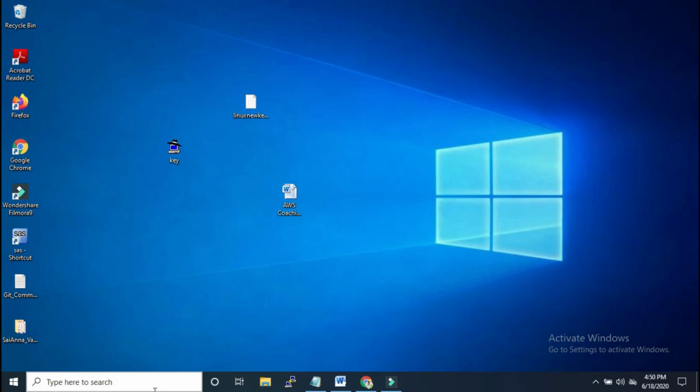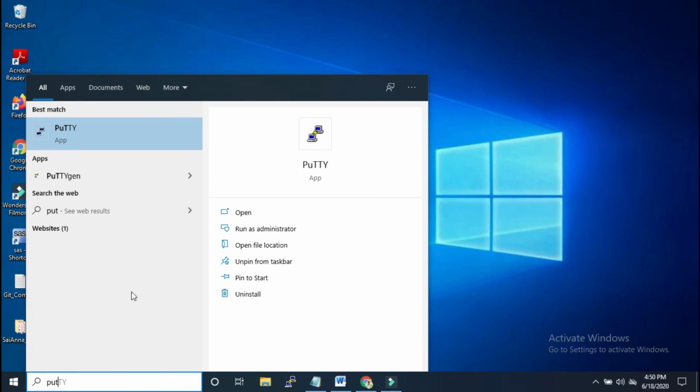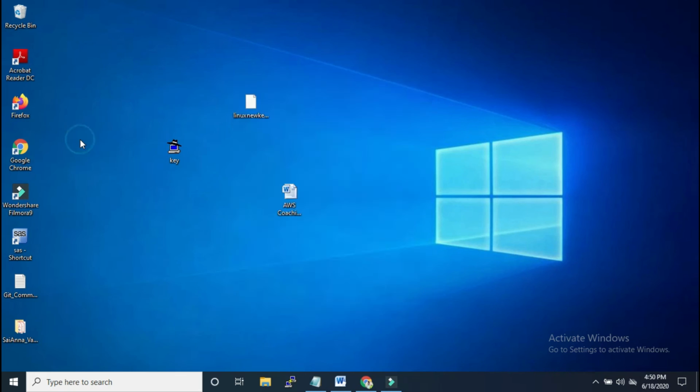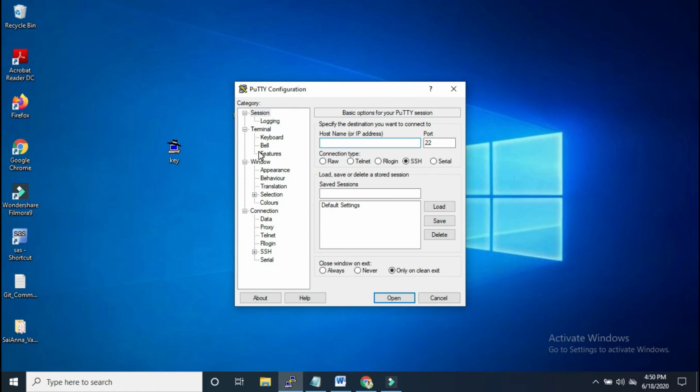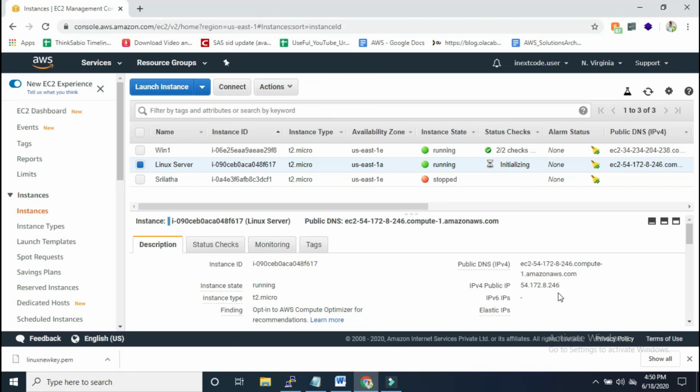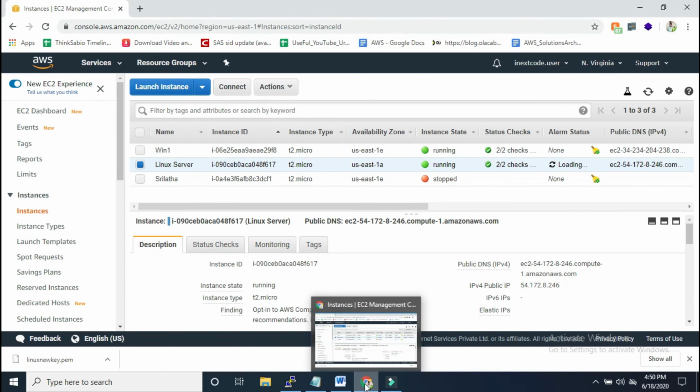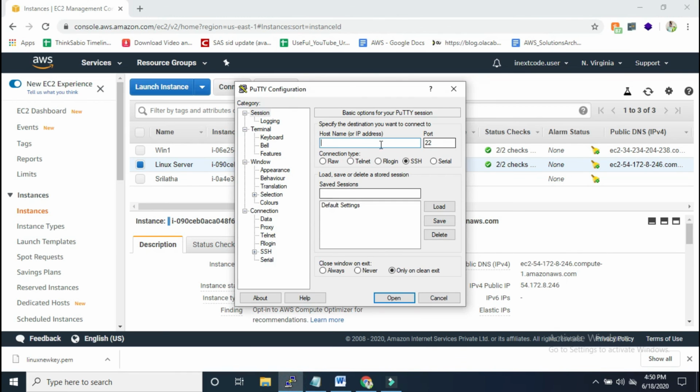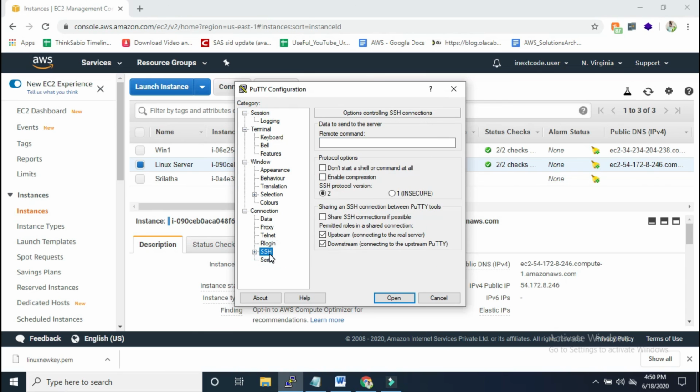Next, Putty is a tool with which we can connect to Linux instances or servers. Here we want the IP address, so the host IP address. Next we need to attach the SSH key.